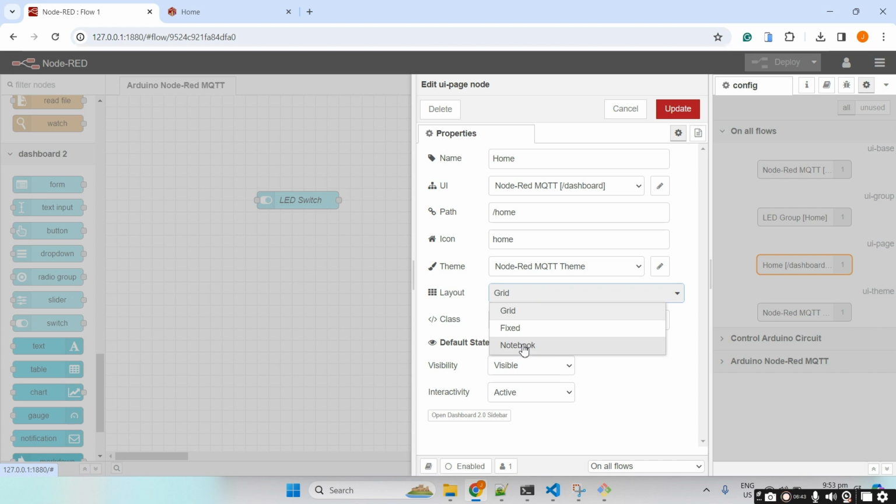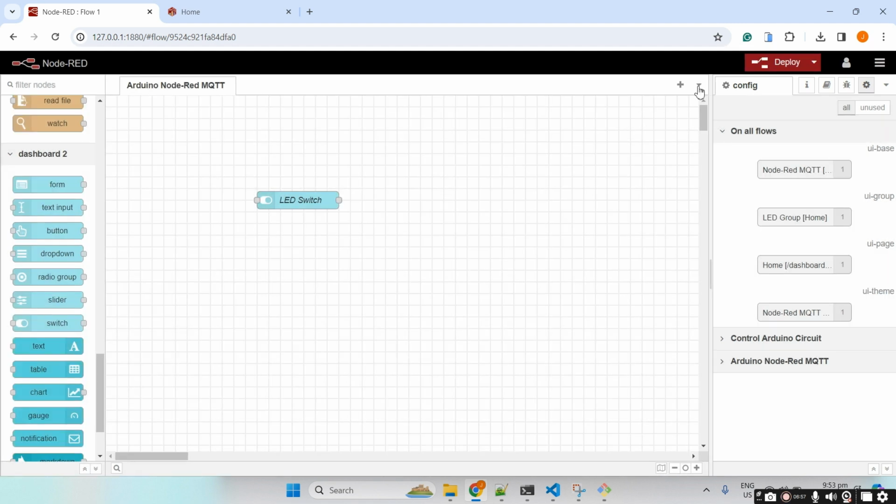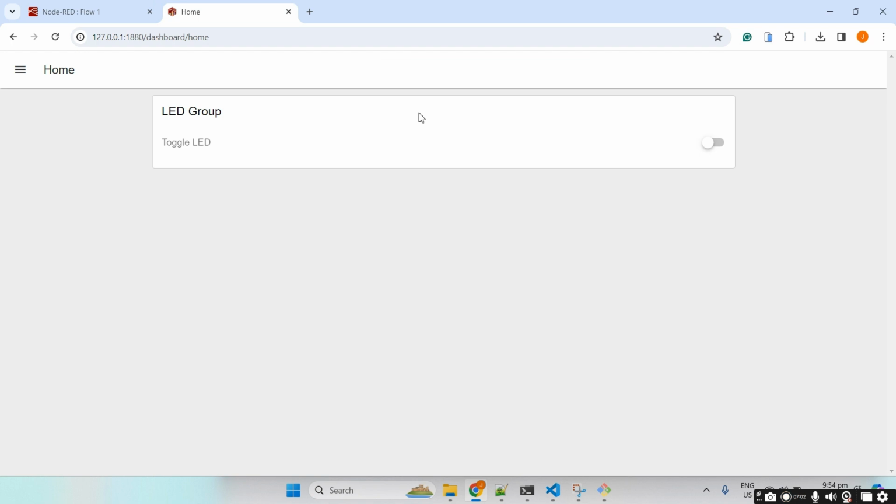In the notebook type, it just will create several partitions, wherein each partition will be set aside and be put on top of each other. So let's set the notebook type, update, and then click the deploy. Once we deploy this, you would notice that we now have the toggle LED group and the toggle LED here. We will use the first one to control